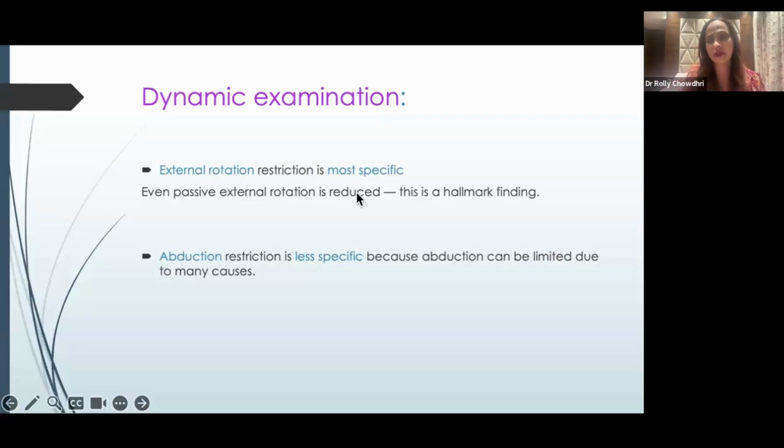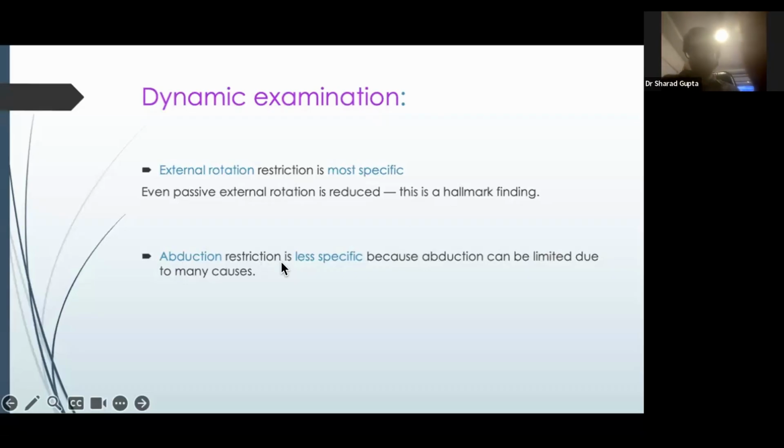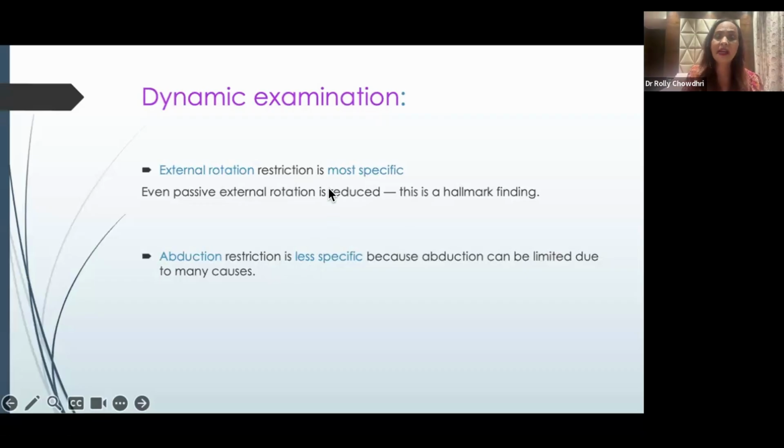Even passive external rotation is reduced and the patient is not able to externally rotate. This is the hallmark finding. Abduction restriction is non-specific because it can be restricted in many causes, but adhesive capsulitis has a typical capsular pattern of restriction of movement. The first movement to go is external rotation, then abduction, then internal rotation, and then flexion. So this is the classical capsular pattern, but painful and restricted external rotation is the hallmark sign